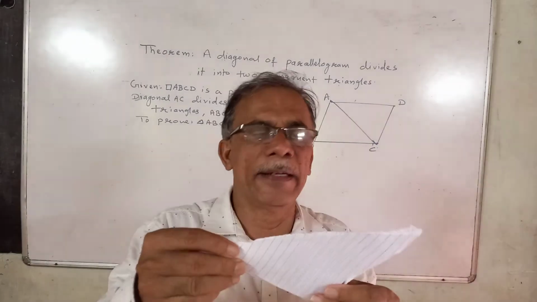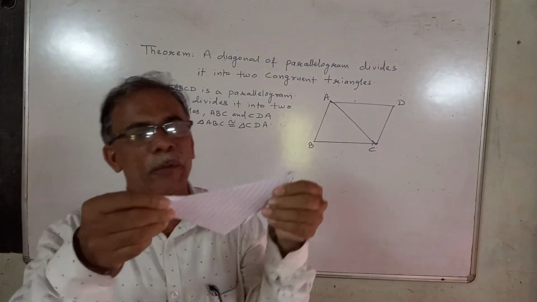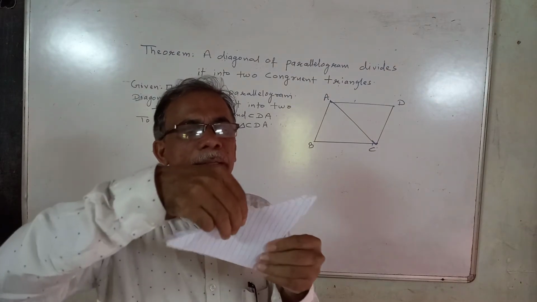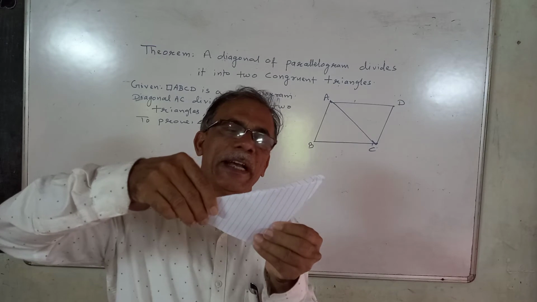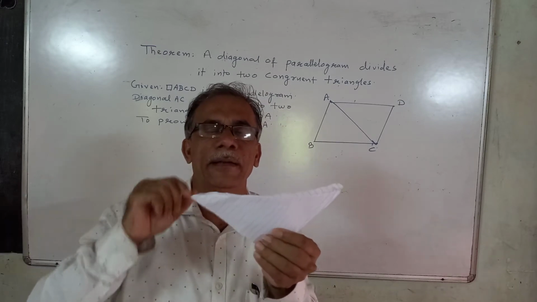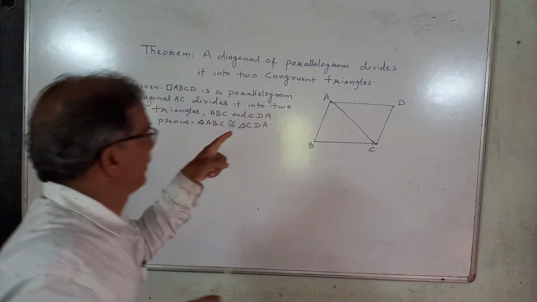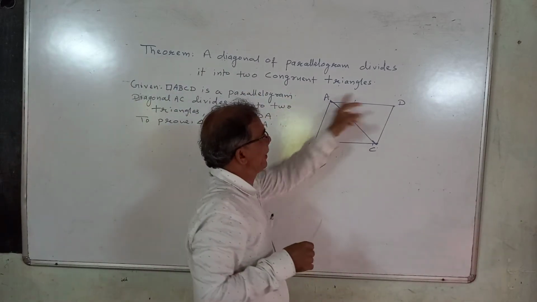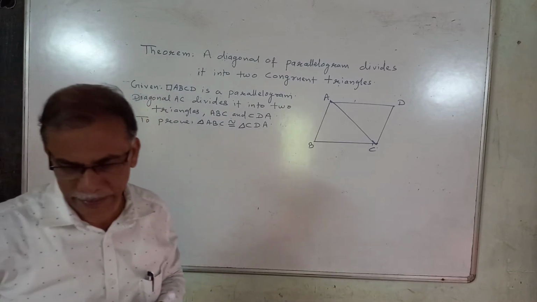Now, how many triangles can you see here? You can see only one, if I hold it like that, because this triangle perfectly matches, or coincides, with all three sides of the second triangle. That means they are congruent. Now we have to prove that triangle ABC and ADC are congruent in a particular correspondence.